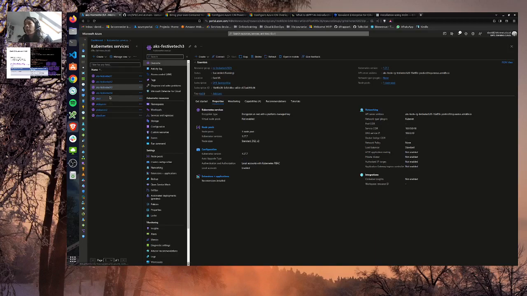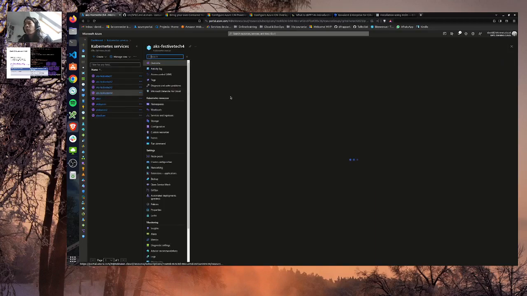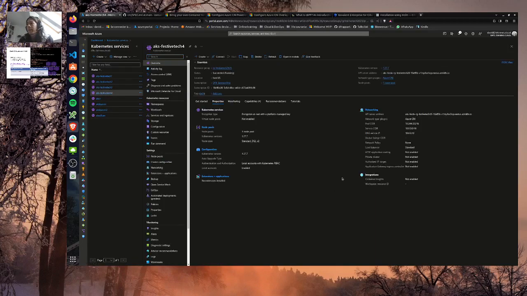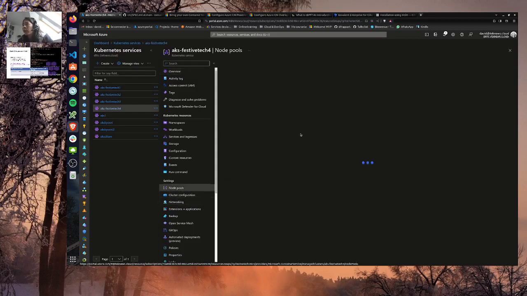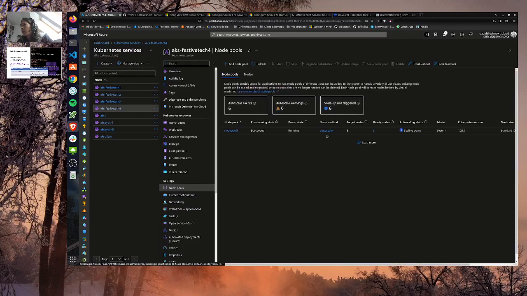Let's have a look at those clusters from the portal for a change. If we look at the node pool over there, we can see that we have 2 or 3 nodes. Depending on that, we have 3 nodes. They are ready, perfect. And we can see that it's scaling down, so we probably get only 2 afterward.